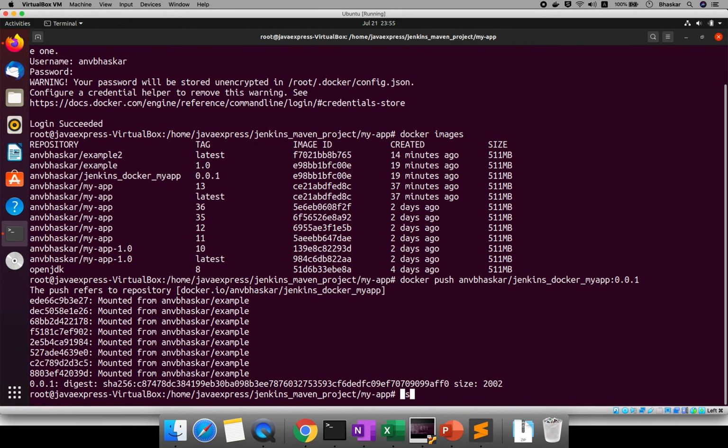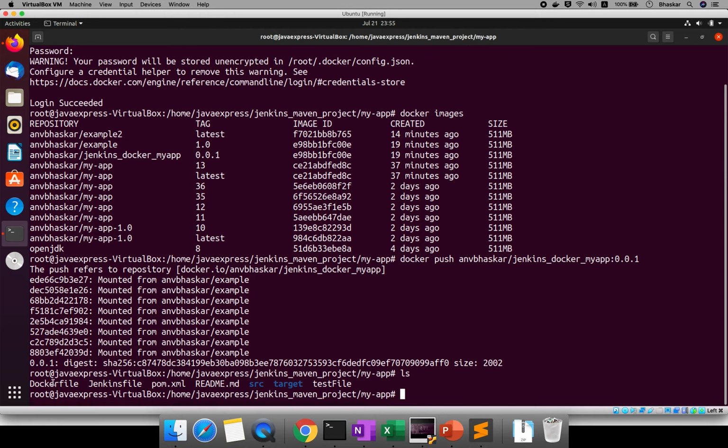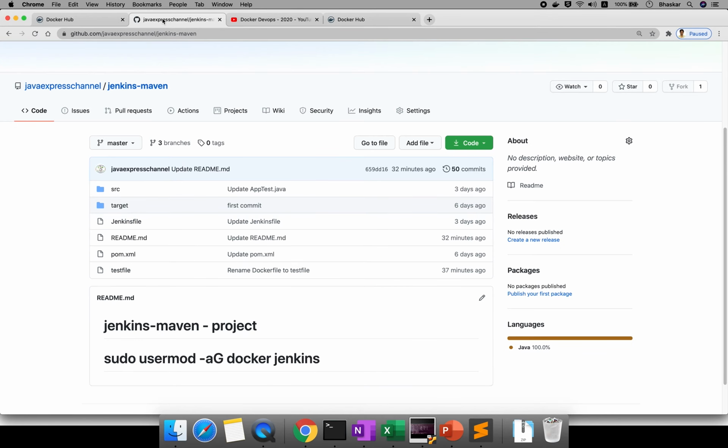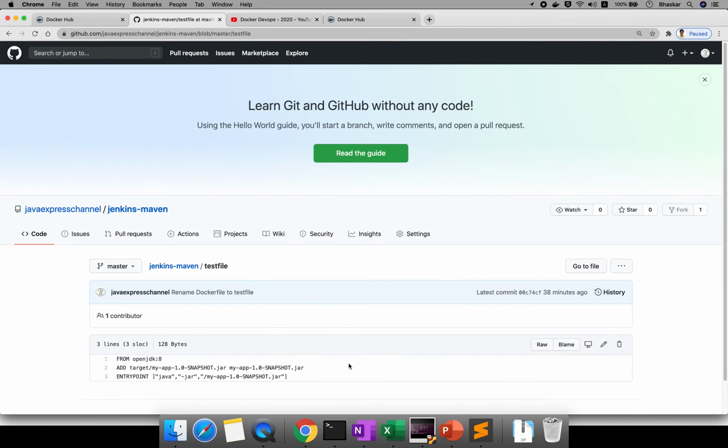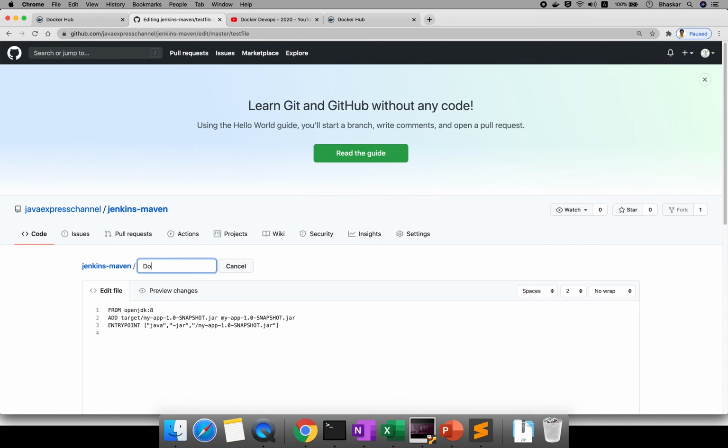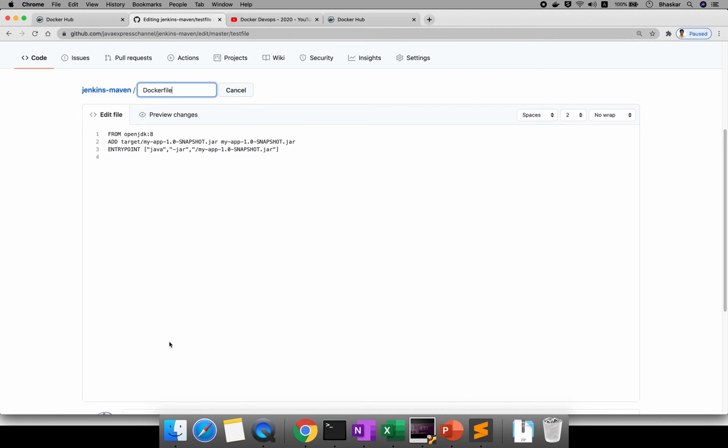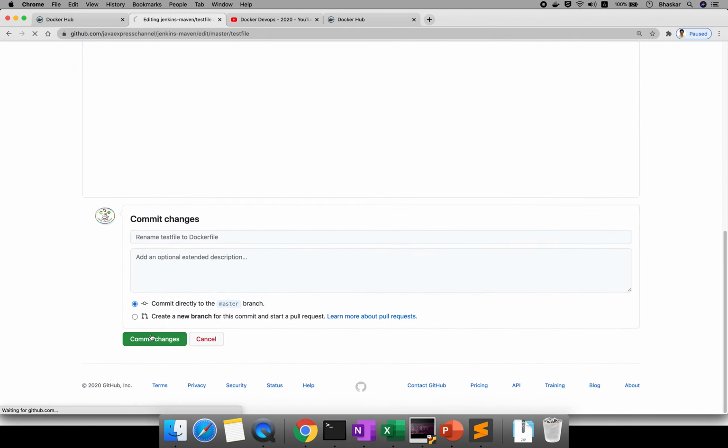After this is completed, what I want to do is commit this Docker file inside your Git repository. Same git commit, git push, everything you know about that part. Assume that if you go here to my Jenkins repository, just refresh it here. Here I have a test file. I will rename this file, same steps I have here also. So I will change it to Docker file. In your case, you can change it here, or you can push for your practice.